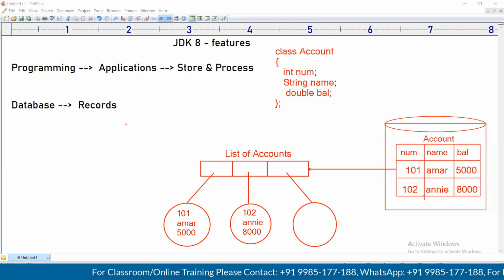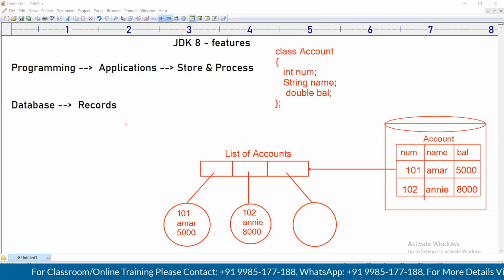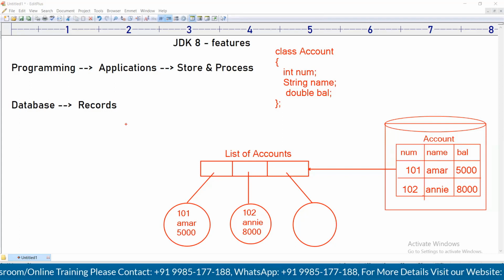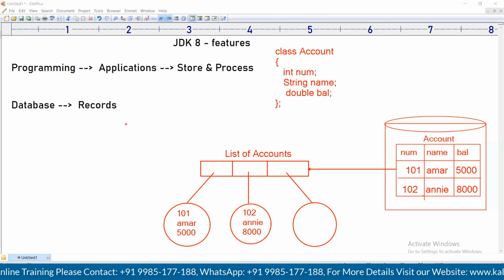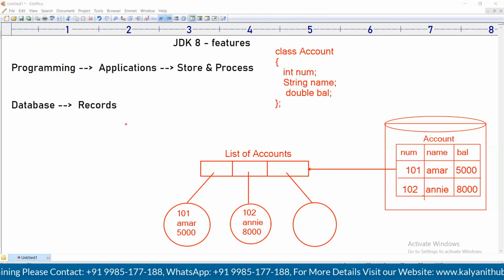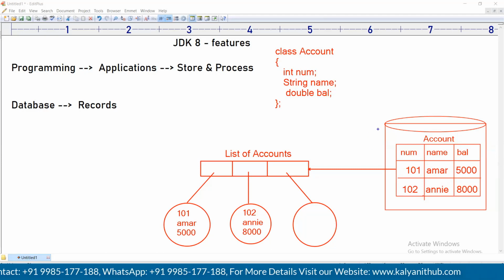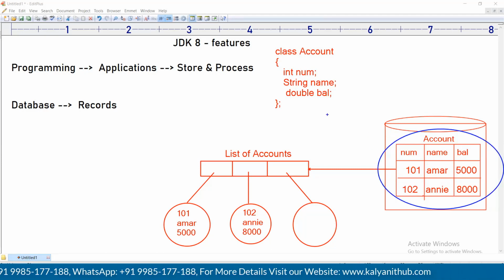Remember the point: every Java developer stores the application information permanently in the database, maybe in the database or in the cloud, whatever. In record format, the data will be stored. Now we need to process. We need to analyze, like data analytics, suppose. We need to analyze the data